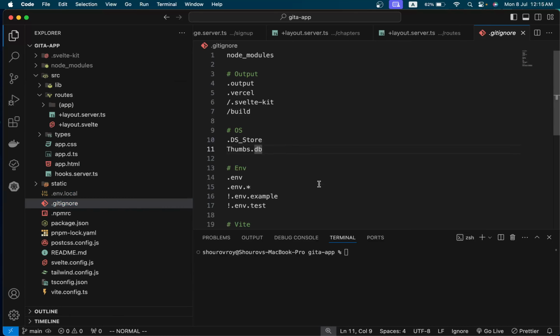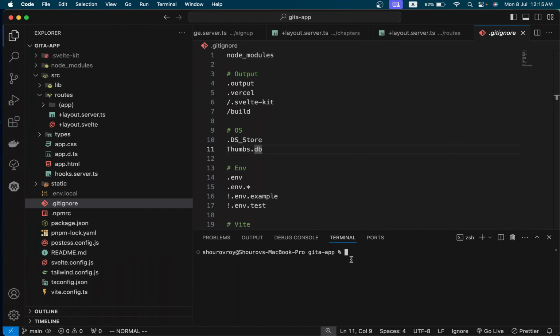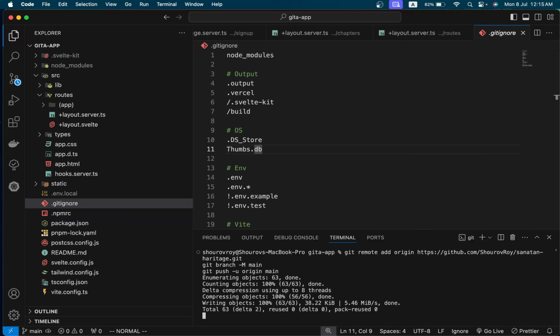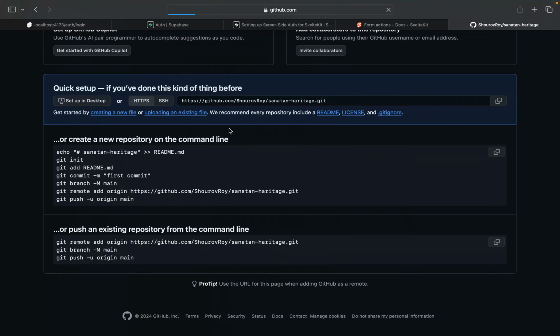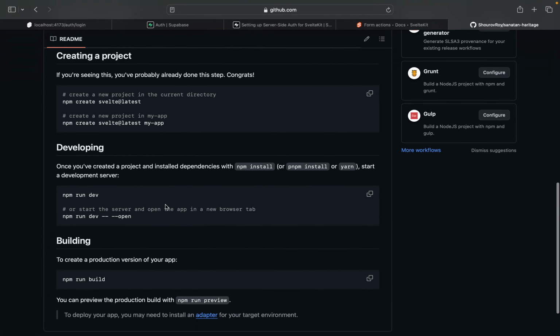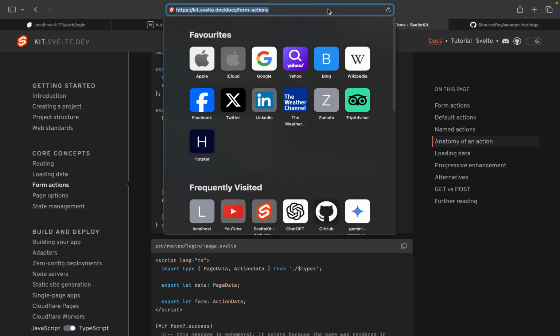Okay, now I need to configure git. Just copy this, paste it here, press enter, and wait for it. Reload the git repository. Here you can see it's reflected here. Now you can go to Vercel,